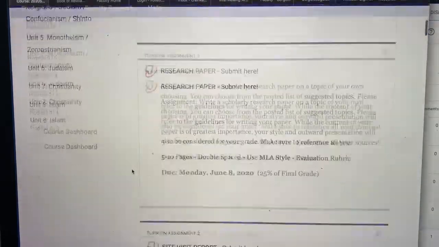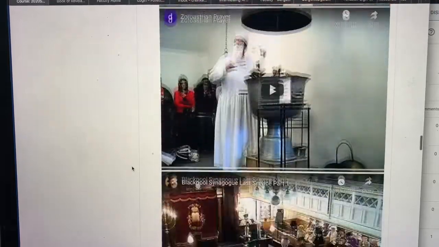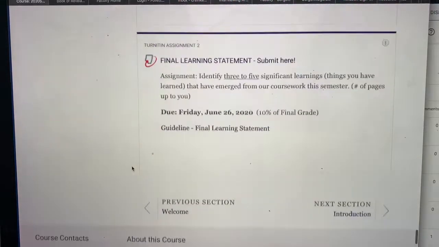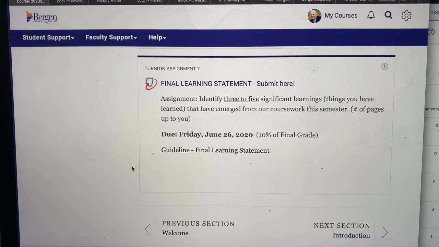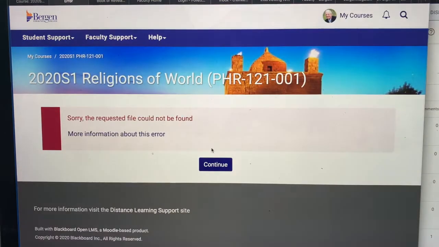And do not forget this very last one, even though it's only 10% of the grade, but it oftentimes makes the difference between you getting an A or just having a B, right? So the final learning statement is not a big work. It's really due a day after our last class. And the idea is that you,